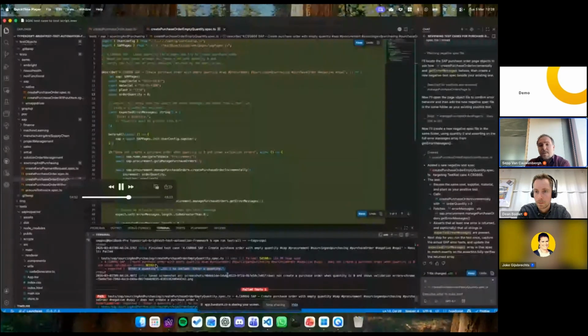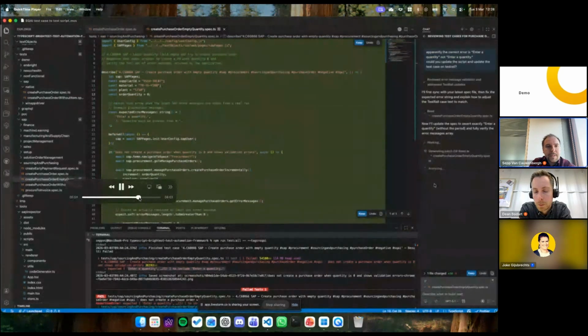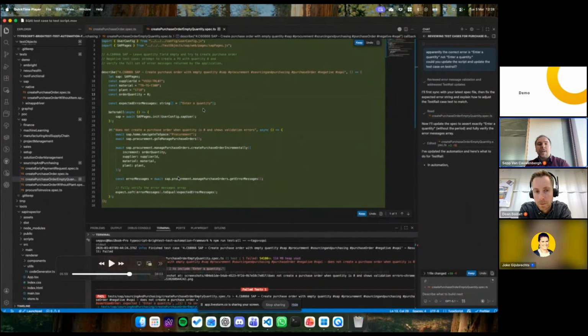So I asked, okay, please, SQAI or Copilot in this case, can you do it without the dot? And can you also update the test case on Jira? But here I was thinking, because it generated the test case like this, like this. But I also noticed that he now said, okay, the error message needs to equal that, but there